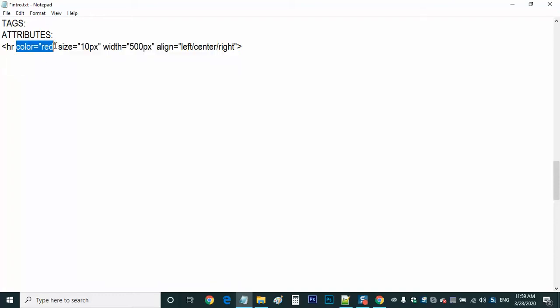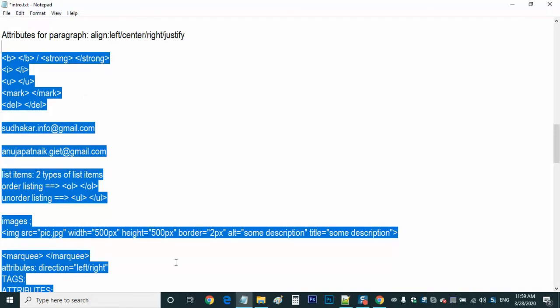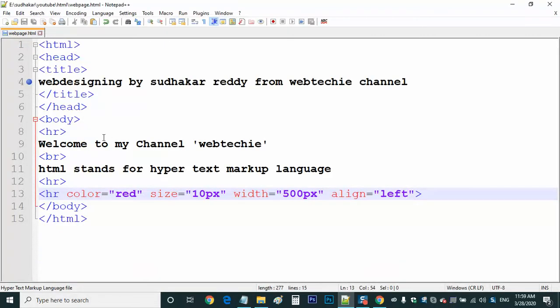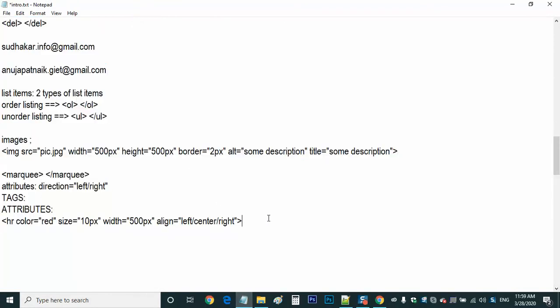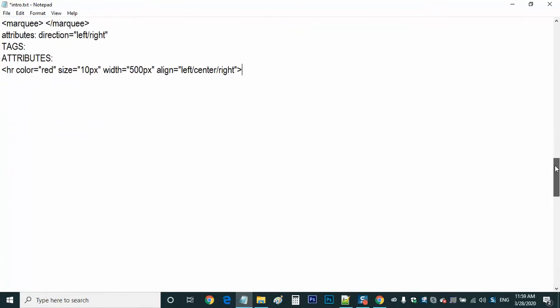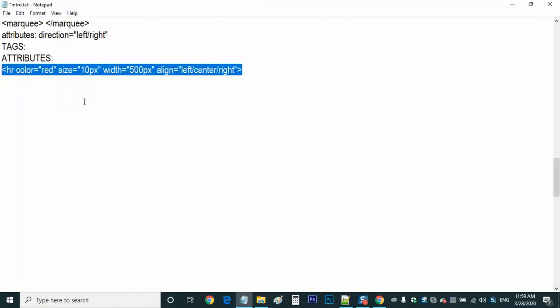Color is one attribute, size is an attribute for the HR, width is one attribute, alignment is one attribute. And you should have a space in between these. Without space it will not work here.